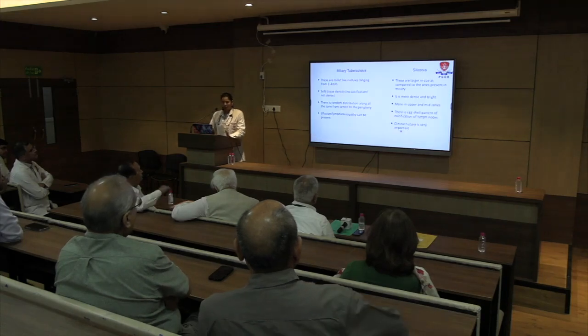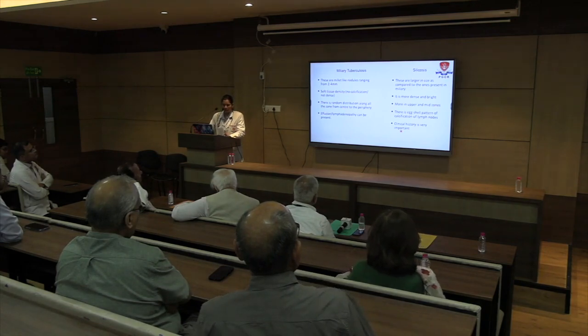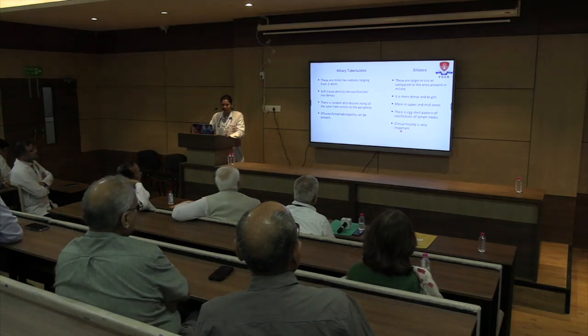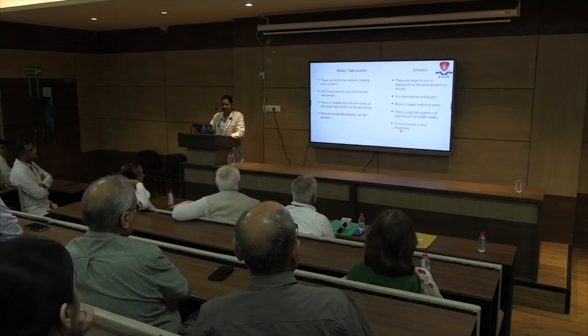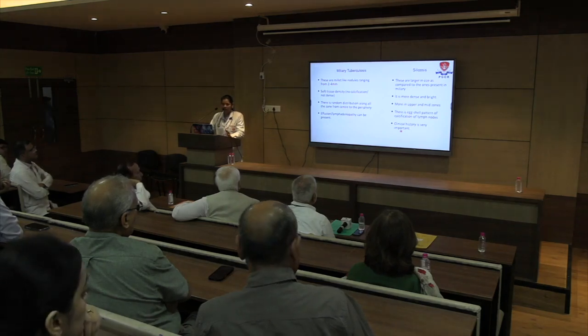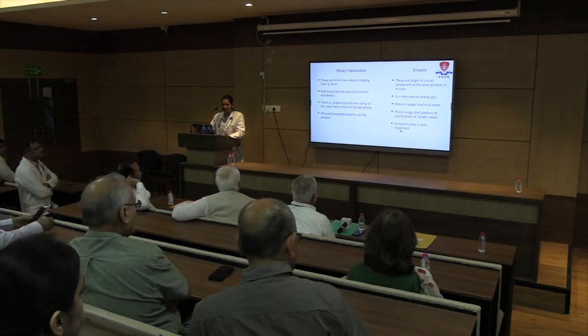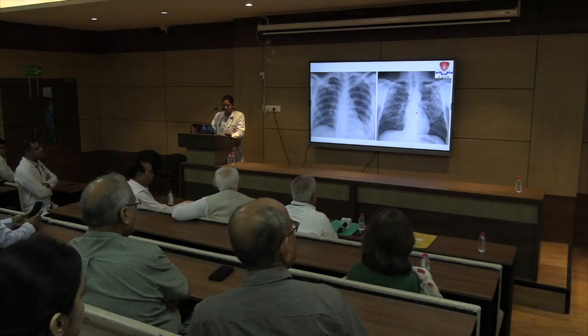In miliary tuberculosis, these are millet-like nodules ranging from 2 to 4 mm. They are soft tissue density, with no calcification, not dense. There is random distribution from the center to the periphery. Effusion and lymphadenopathy can be present, whereas in silicosis the nodules are larger than in miliary, denser and brighter. They are located more in the upper and mid zones. There is eggshell calcification of lymph nodes, which we cannot appreciate in this X-ray.